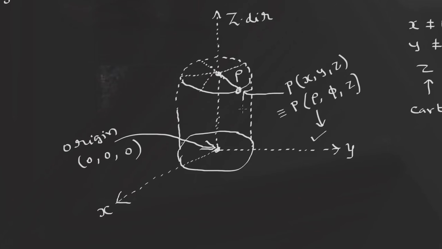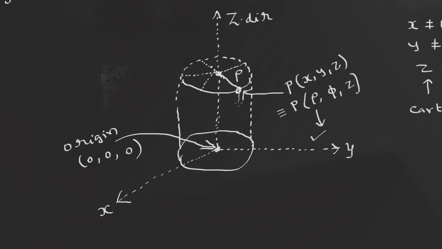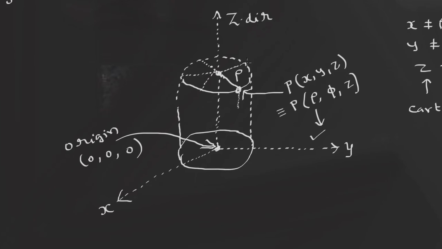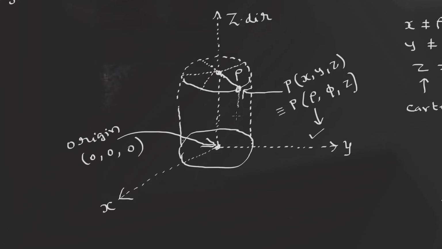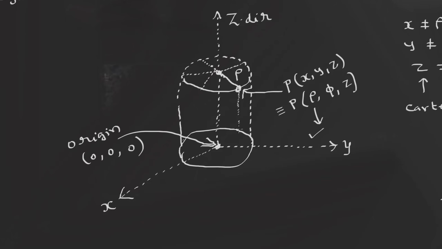The next question comes, where is phi? In order to show where phi is, you simply project this point. Projecting means taking a shadow. So first let me tell you what projection is. You take a torchlight and put it at the top, so that light comes from top to bottom in this direction. When you do that, this particular point will get a shadow at the bottom. That is known as the projection. So where will it be projected? It will be projected here.